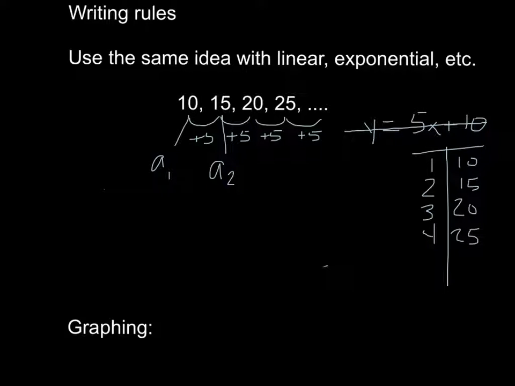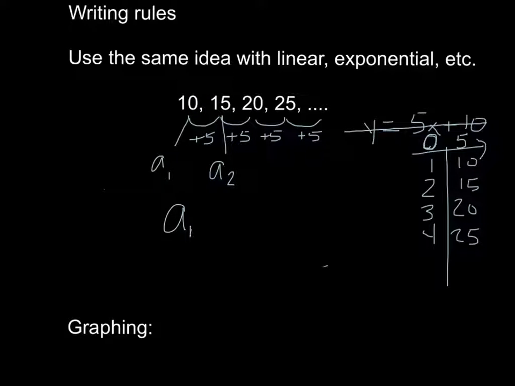So when I want to find my y-intercept, remember your y-intercept happens when x is 0. And so we have to actually go backwards on our table and say, well, now y is 5. Even though we're not going to put a 5 on our sequence. I'm not going to put a 5 here. It still starts at 10. That doesn't change. But we're going to use that to help us, because now I can say that a sub